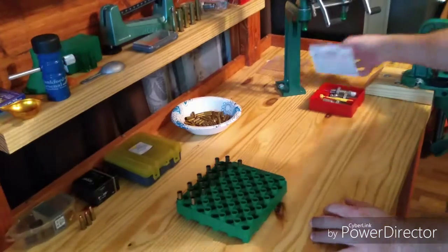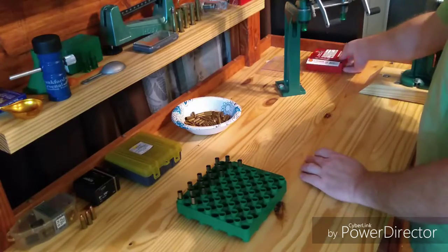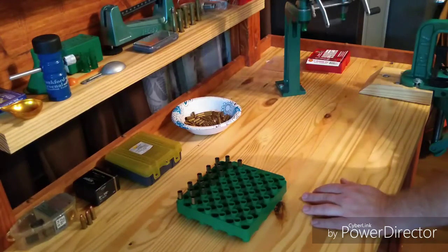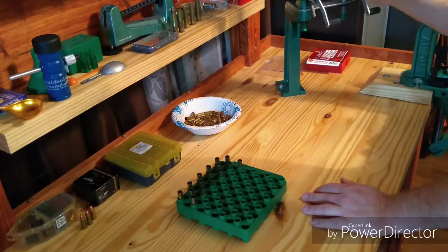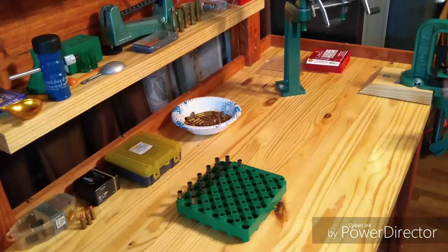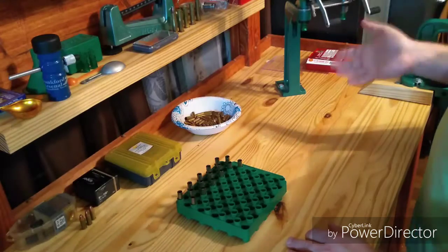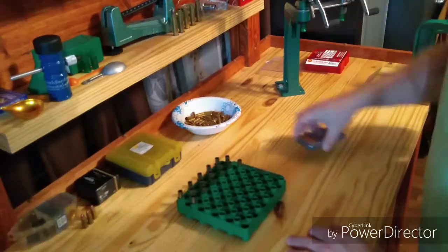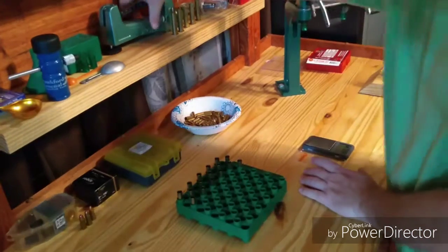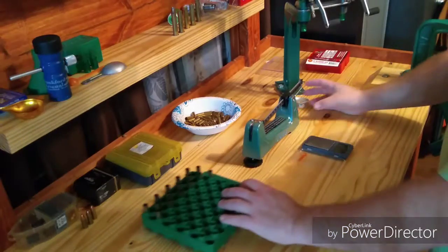So, let me get my dies out of the way for a second. I still got them sitting out where I had them. So as I said before, I've got my two RCBS powder measures, and for pistol, I use my small drum powder measure, because this thing is fantastic when it is measuring ball powder with this small drum. And I've also got my 2 scales,